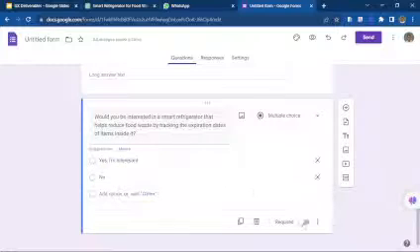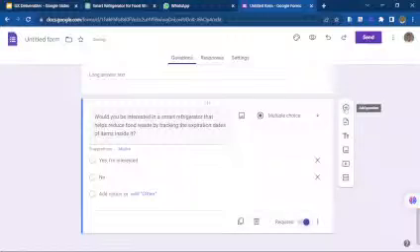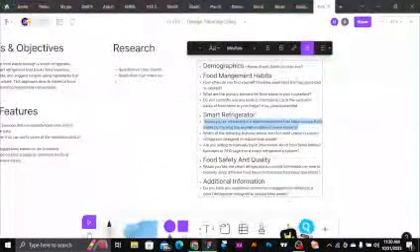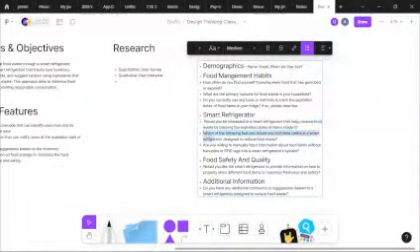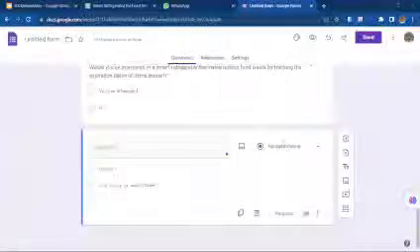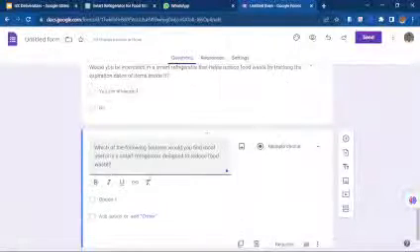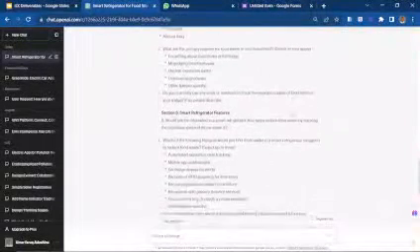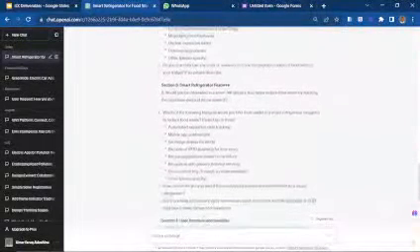No. Okay, so it's a required question. Then what's the next thing is about which of the following features would you find most useful? Okay, so let's go back and pick those features. So the features we want to work on is